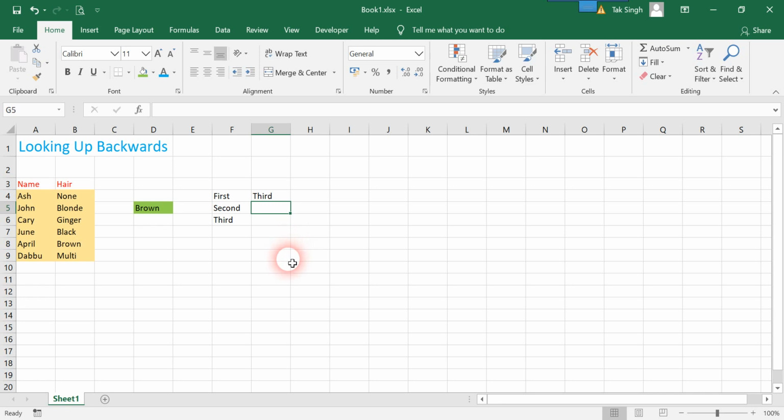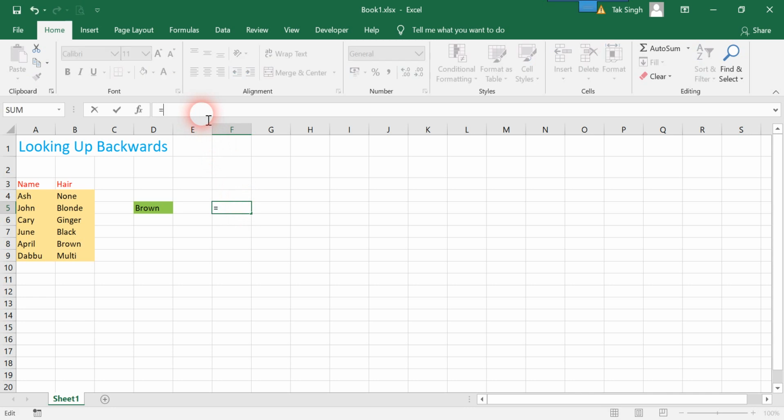So now I'm going to combine it with the VLOOKUP function to give me the desired looking up backwards result. Over here I will apply the VLOOKUP function. I'm going to look up this cell, comma.